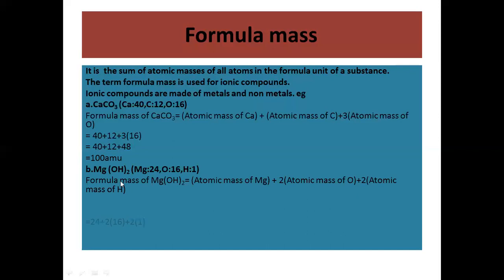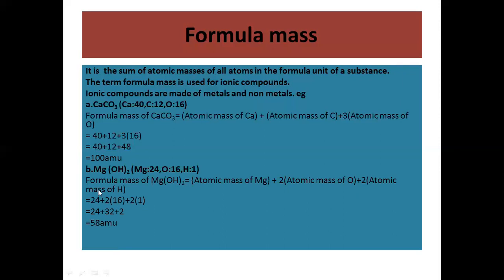By putting the values: 24 plus 2 into 16 plus 2 into 1 for hydrogen. By multiplying these terms, 24, 16 into 2 is 32 and 2 into 1 is 2. By adding all these values, we will get 58 AMU, or 58 atomic mass unit, is the formula mass of